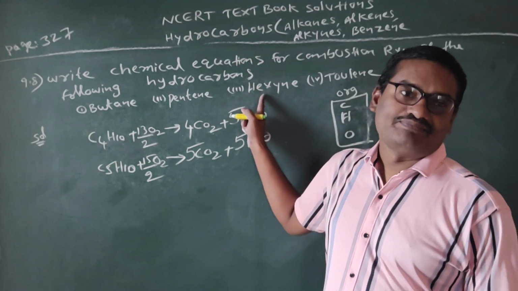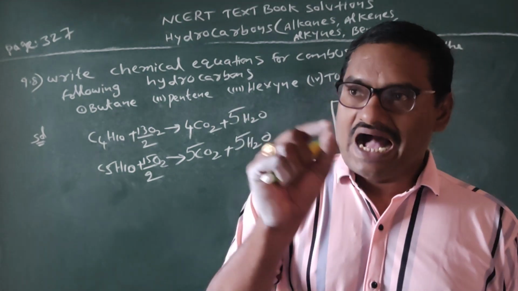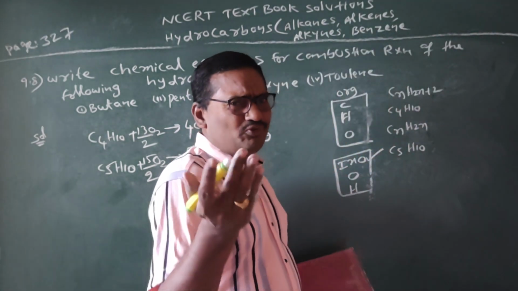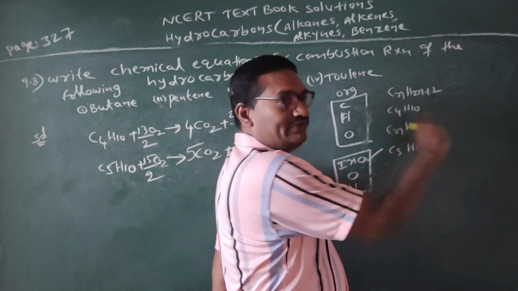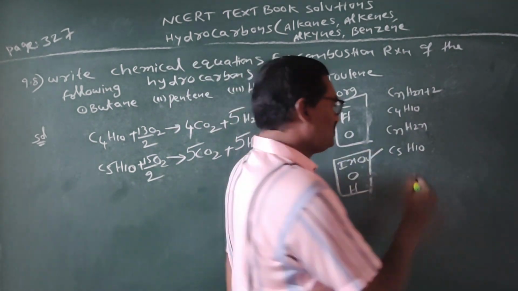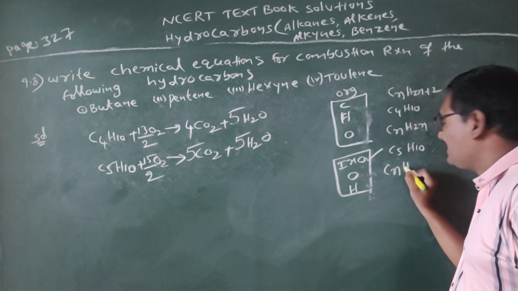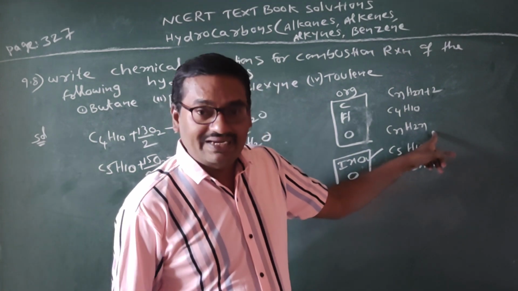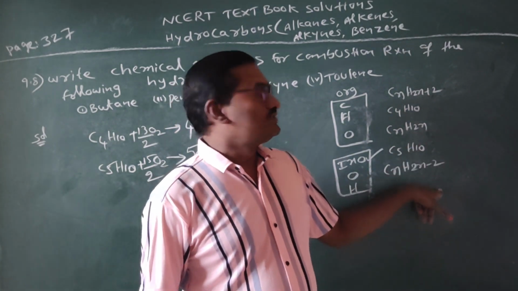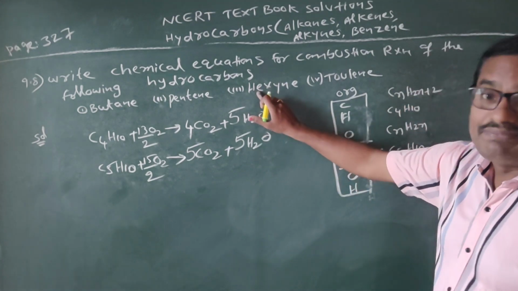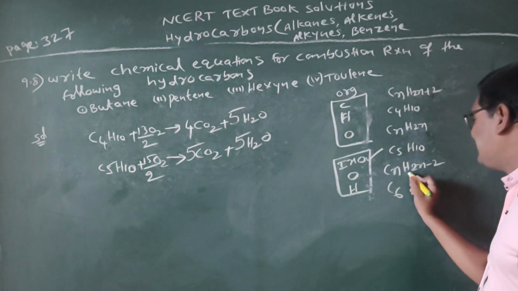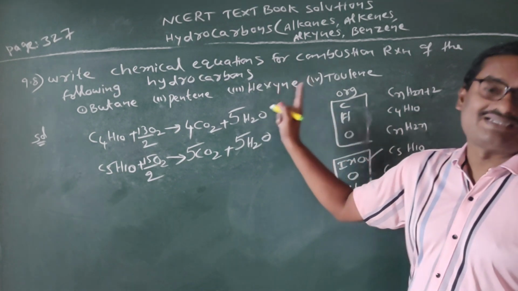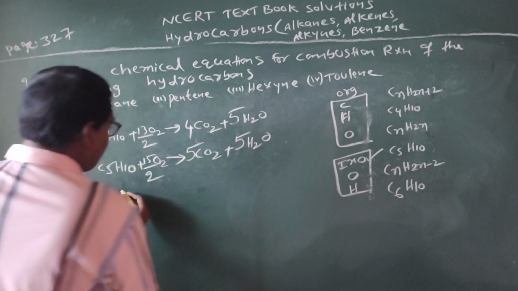Next one, hexane. Hex means 6 carbons. Ine means alkyne. For the alkyne general formula, we remove 2 hydrogens from alkene. We get the alkyne general formula CnH2n minus 2. So here n means 6 carbons, so C6H12 minus 2, 10. So C6H10 is the hexane. So the combustion reaction is